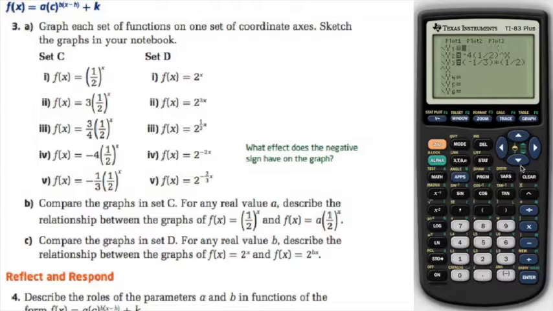If we go back and clear those out, we take a look at set D. D starts off with 2 to the x. We just dealt with that with set B. Increasing, goes through (0, 1) and (1, 2). If we add on 2 to the power of 3x,